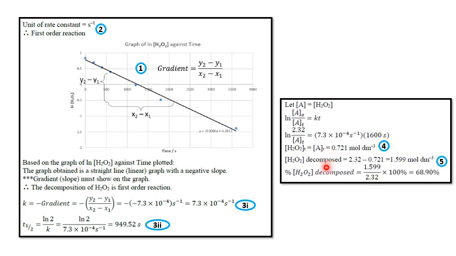Next, the question asks about the concentration of hydrogen peroxide decomposed in percentage. So you must find out the concentration decomposed by using the initial concentration minus the concentration at 1600 seconds. So 1.599 molar is the concentration of hydrogen peroxide decomposed at 1600 seconds. Then the question asks for a percentage, so you use the concentration decomposed over the initial concentration times 100%. Then you will get the final answer, which is